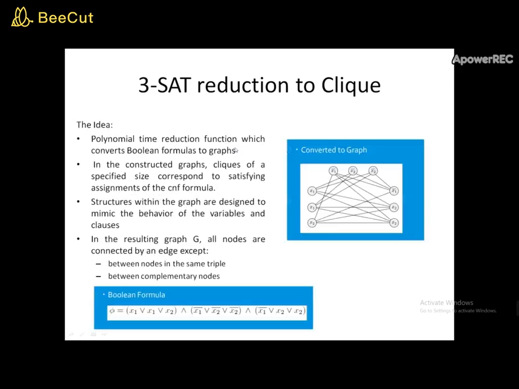So here, as you can see, you can also form a 2 clique. Between x1 and x2 bar, you have a 2 clique. And say for example, you can also have a 3 clique between x2, x1 bar and x1 bar. So you have a triangle like this. So that is a 3 clique, or you can also have a 4 clique.